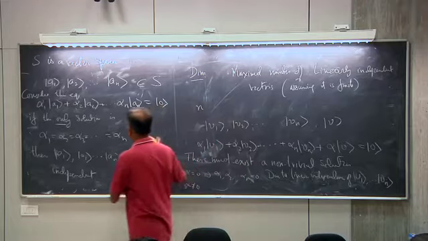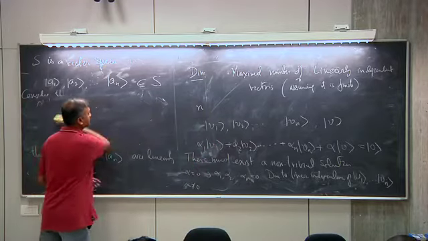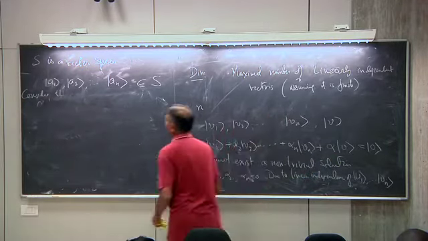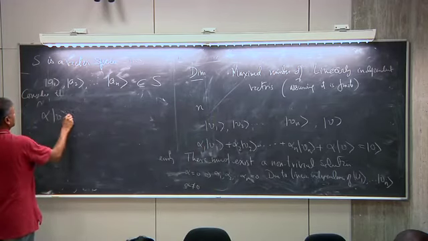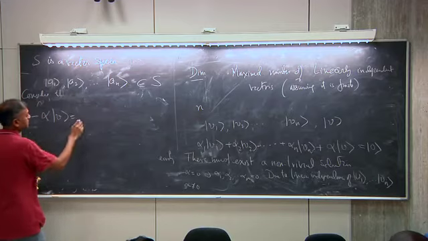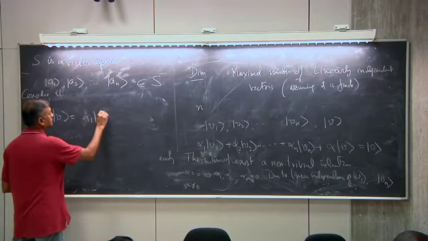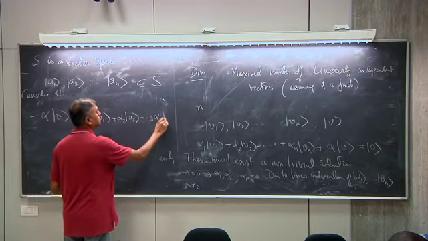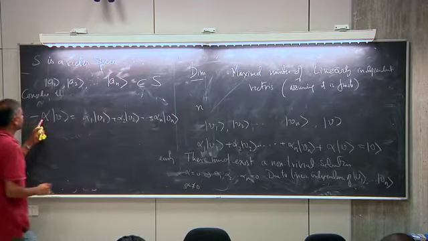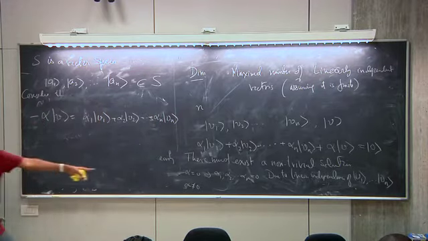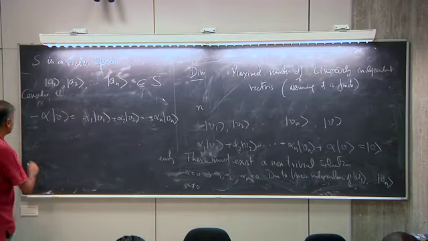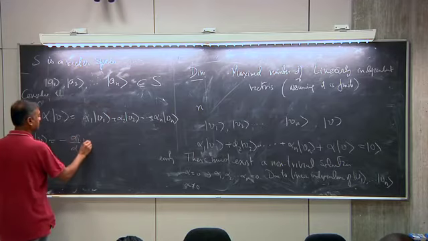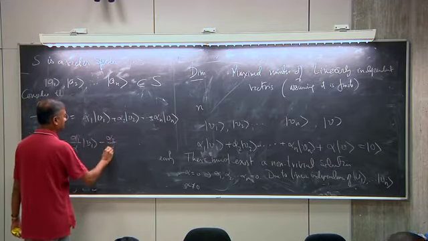So if you divide, then I can use this equation, take this on the other side. So you find minus alpha v equal to alpha 1 v1 plus alpha 2 v2. Okay, and then I can divide by alpha, and that is where I'm using the fact that alpha is not 0 in the non-trivial solution. So then v is simply minus alpha 1 over alpha v1 minus alpha 2 over alpha v2,